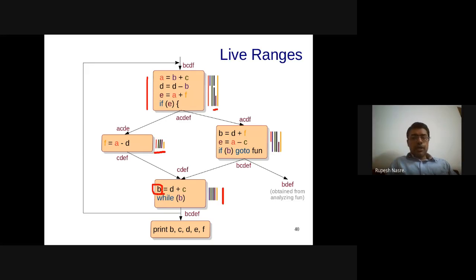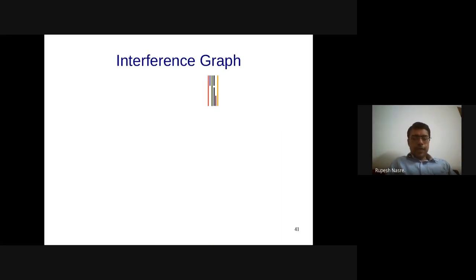Okay, so good. That gave us some sort of live range overlap, and using that overlap we'll be able to draw the interference graph, right? So the interference graph essentially means this graph that we were talking about when we want to convert this register allocation into a graph theoretic problem. So how would that graph look like?